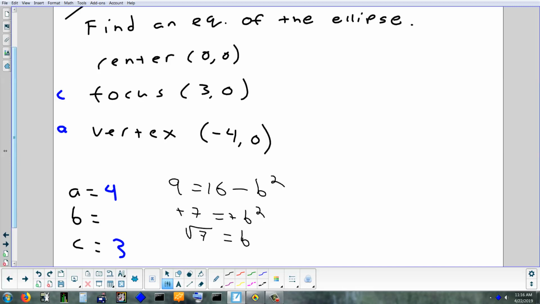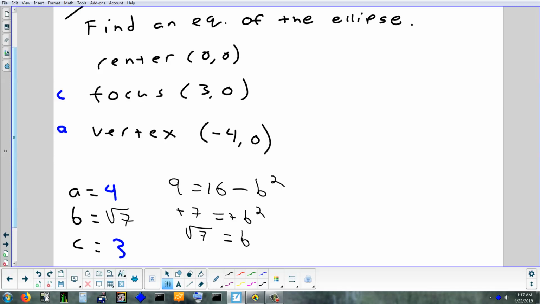If they want a decimal, you could change it. If you're going to graph it, it might be kind of handy to know what that is as a decimal. It's probably like 2.5, somewhere around there. But if we're going to graph it, we probably should find that. But they didn't really ask us to, so I'm not going to worry about it. Okay, so now we've got